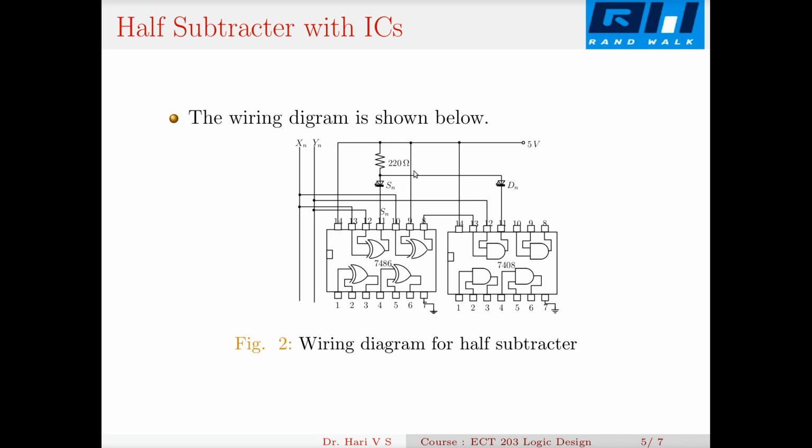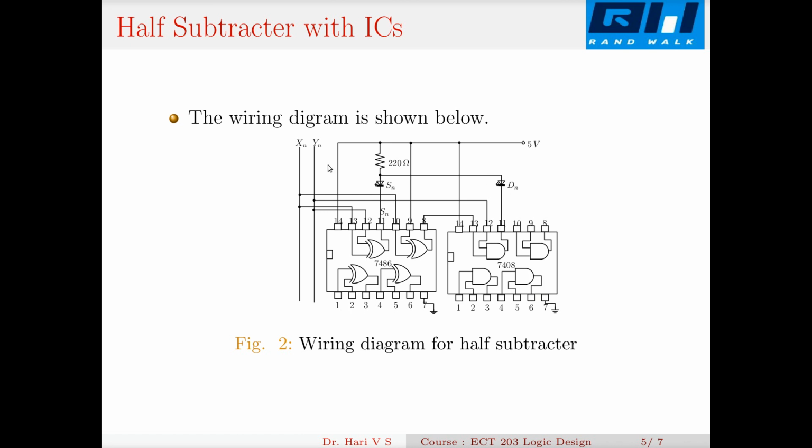If I tie one of the inputs to logic high, then this XOR gate acts like an inverter. Because if this is X, this is X and 0 or X bar and 1, so this is X bar, a complemented output. Whatever I give here gets complemented here. If I pull one of the inputs to high, the XOR gate becomes an inverter. The other one I tie to Xn, and it is given to an AND gate. The other input is given to Y, so that at the output of this AND gate, this is my Xn complement and Yn. This I can check with an LED.